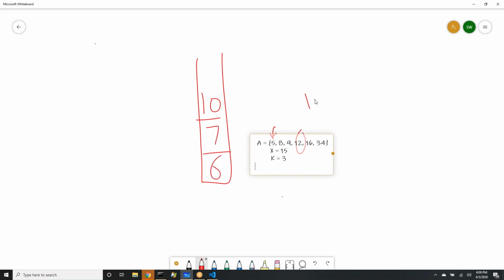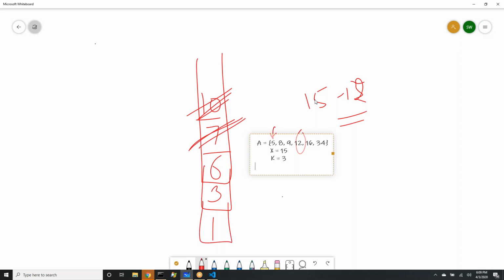Now you get 12. The difference of 15 and 12 is 3. So you will be putting 3. You will remove the top because the size has become equal to k. So you are bringing 3 in, and when you bring 3 in, 3 will go down because this is a max heap. 7, 6, 3. Now when 16 comes, you will put 1 in and get 7 out. So 1 comes here. When 34 comes, you will ignore it because the absolute difference of 15 and 34 is 19, which is more. We don't want that in. So the three smallest values are these.